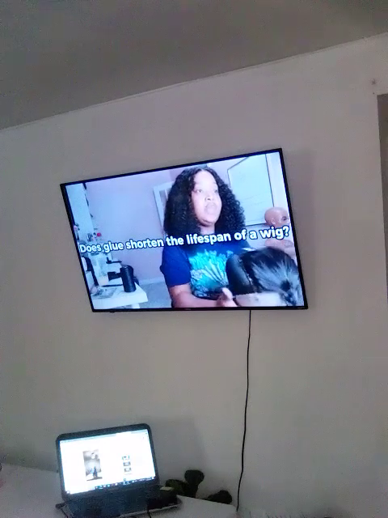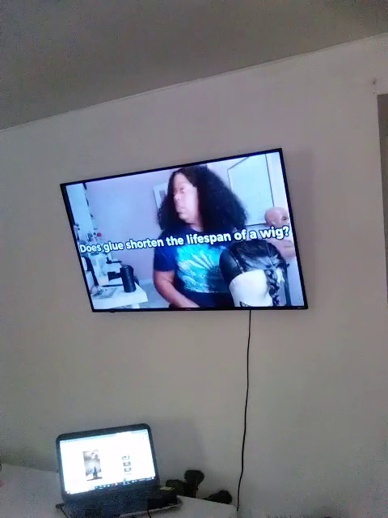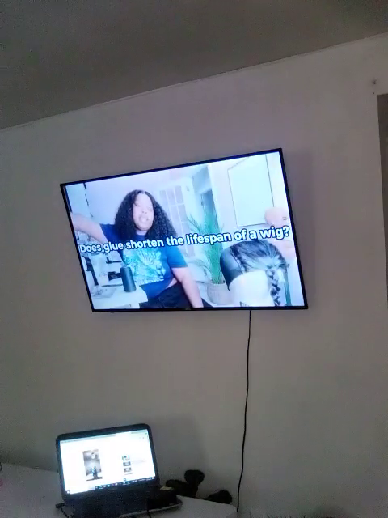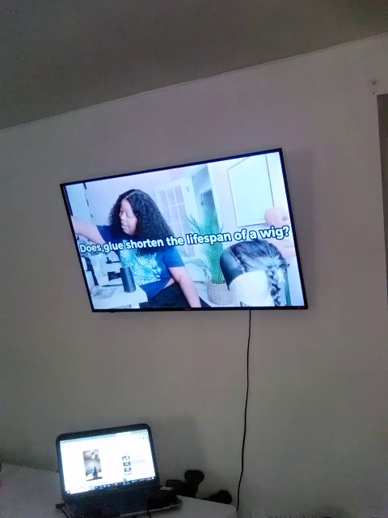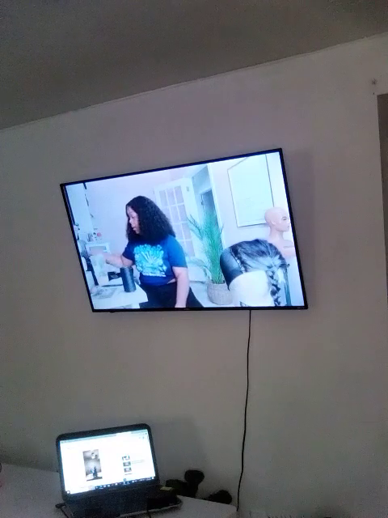Does glue shorten the lifespan of a wig? Absolutely. It shortens the lifespan of the lace. Not necessarily the wig, but the lace. The lace can always be repaired, but I noticed for most of my customers,